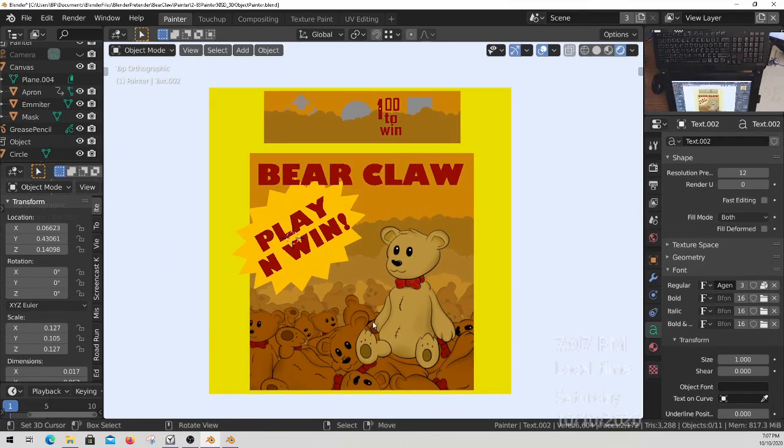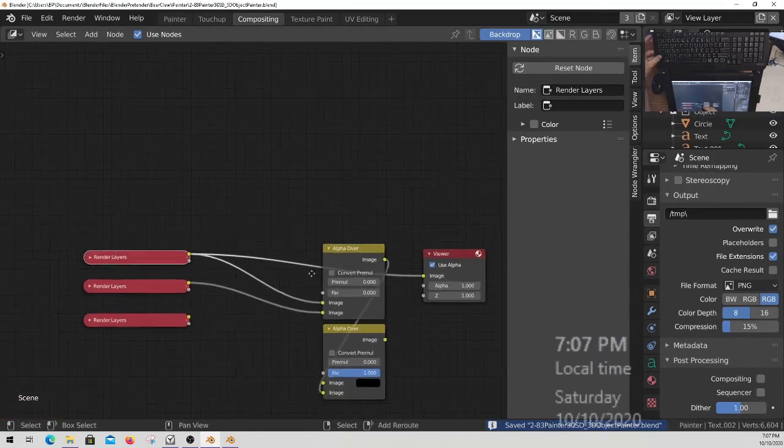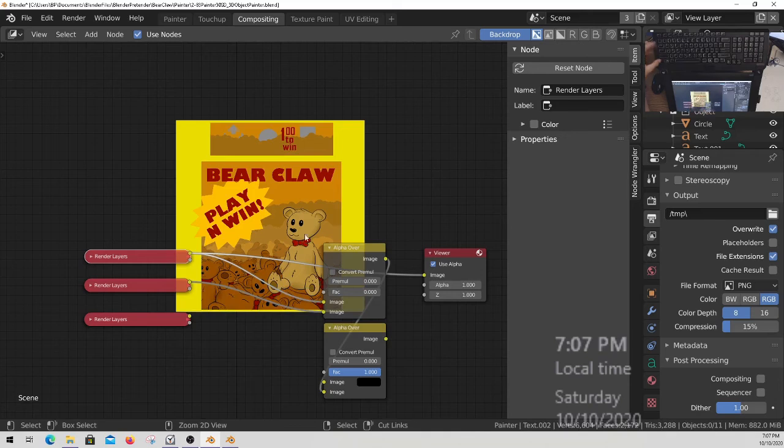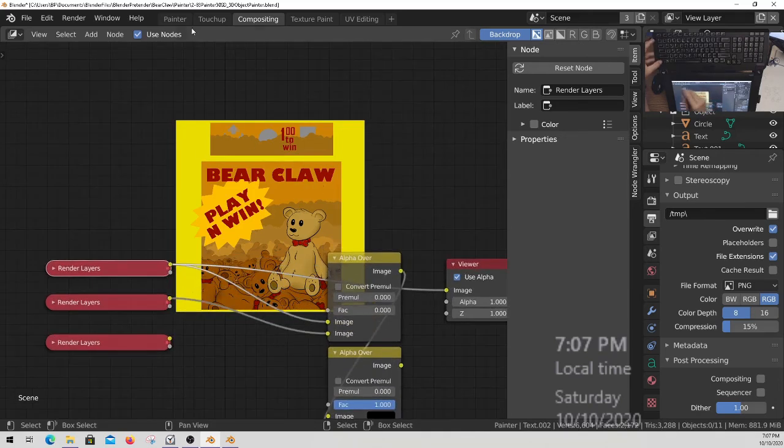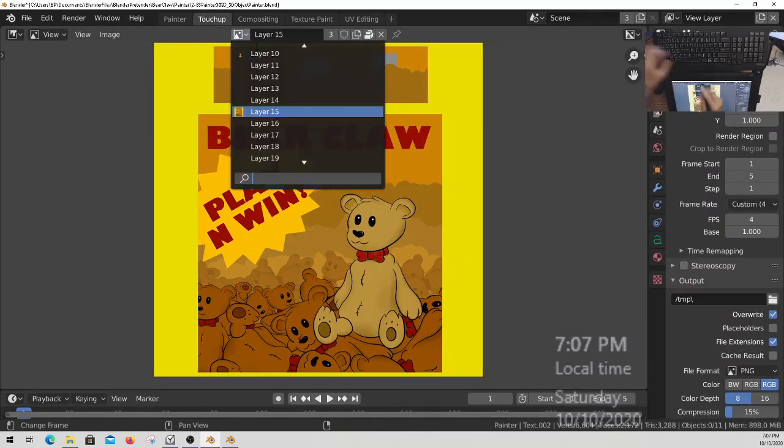Yeah, I can't think of anything else. I think this is the finished product. Control save, F12. Look at the compositing and see what happens here. There it is. Now I'm going to go to the touch up, hit this,